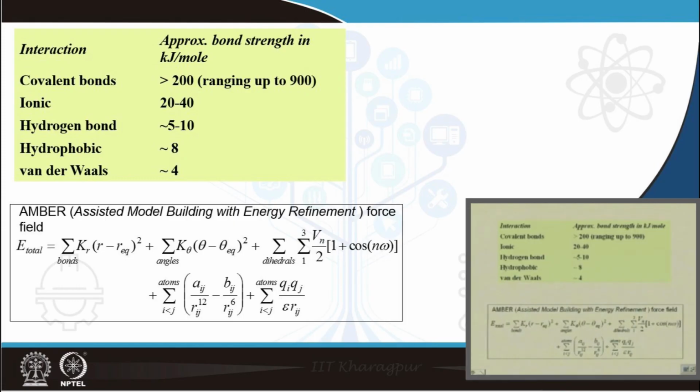Now what I have listed here is what is called an energetic contribution. Suppose, for example, you were to do a calculation to figure out what the total energy of a protein was. You would use something called a force field. I'm definitely not going into the details of this because it's beyond this course. But since we consider the different energetic terms, I just want to emphasize that when you are calculating the total energy, you want to find the summation of all the possible variations from equilibrium bond length for bonds,